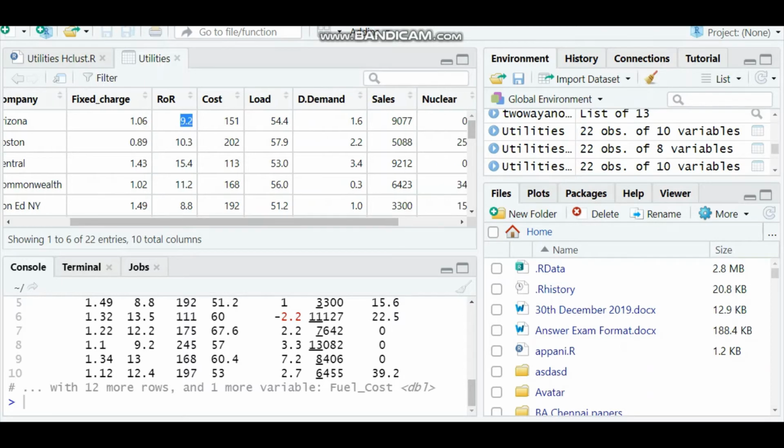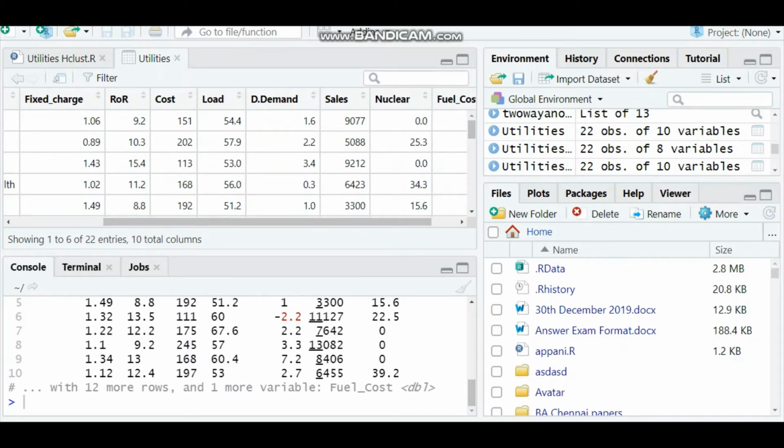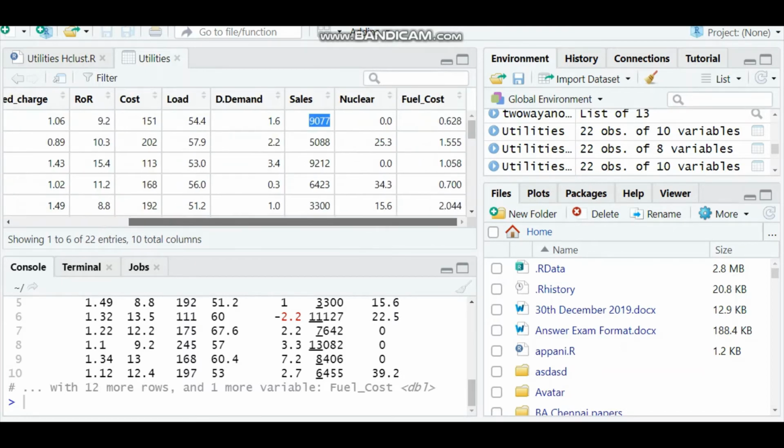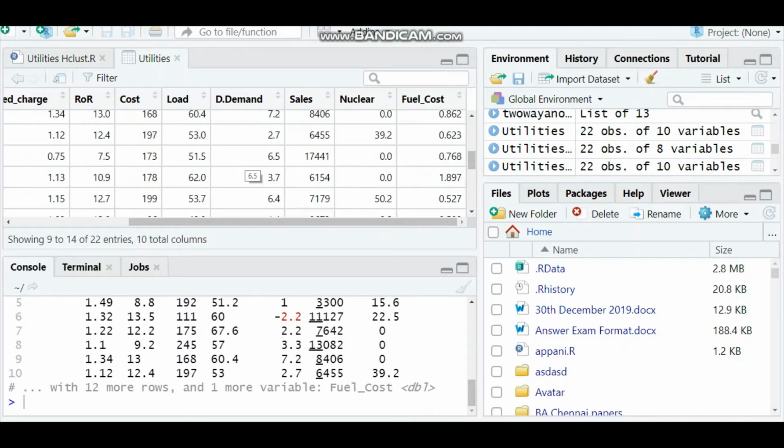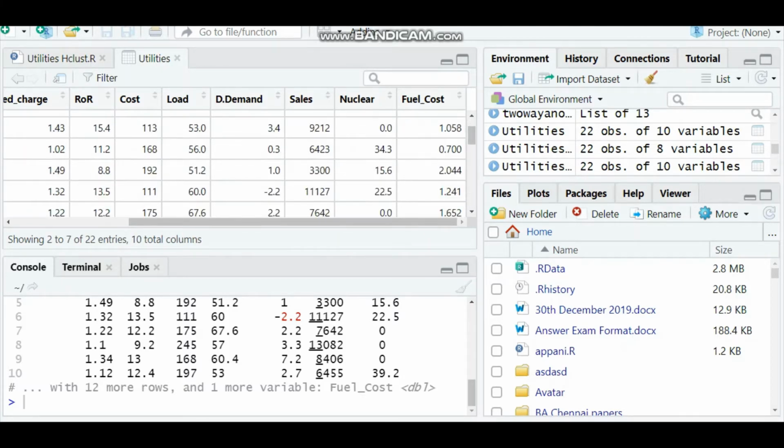Okay, rate of return is again given in percentage, cost is given in a different scale, load is again in kilowatt hour. Okay, it's a different scale, and demand is again in a percentage, and sales are given in different scales. Okay, it is again kilowatt per hour, that kind of thing. Okay, this measurement,